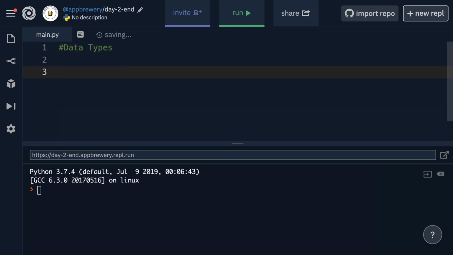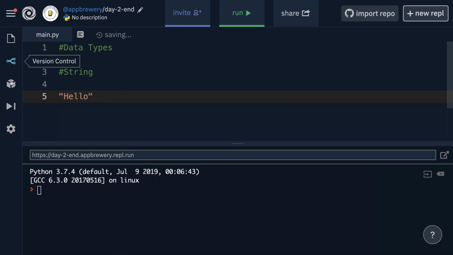So we already learned about strings, right? And we know that this is just a string of characters. So the word hello is comprised of these 5 characters strung together. And we always know that strings, when we create them, we have to create them with these double quotes around.